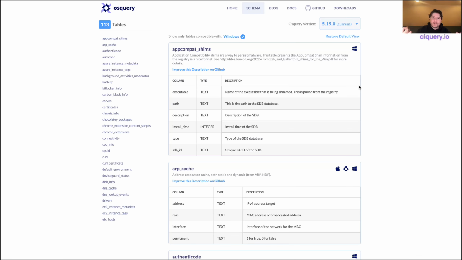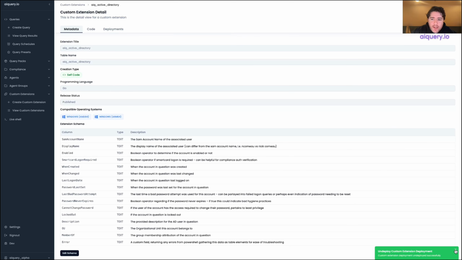But the longer answer, of course, is that's exactly where custom extensions come into play, allowing you to extend the functionality beyond the default out-of-the-box tables of osquery to essentially anything you want. And in this case, we want Active Directory information. So cue the music. I went ahead and made this custom extension table for Active Directory for Windows machines,